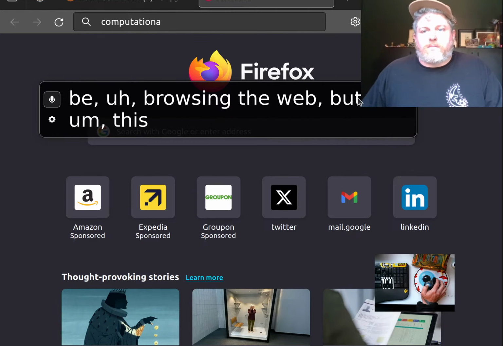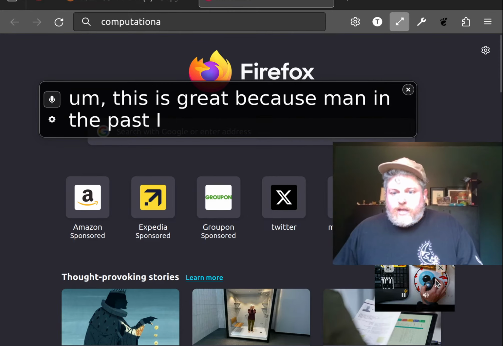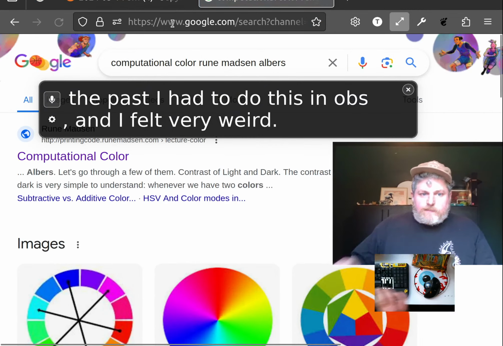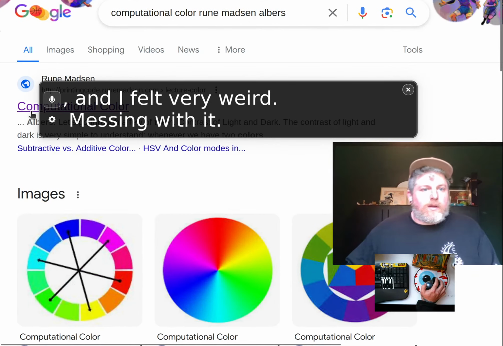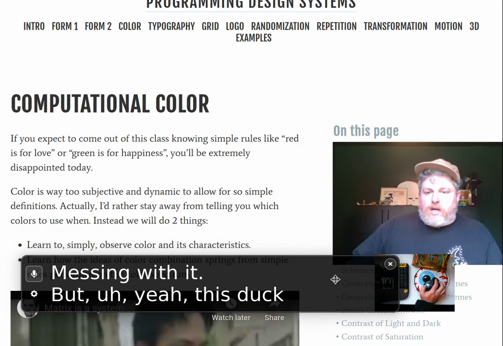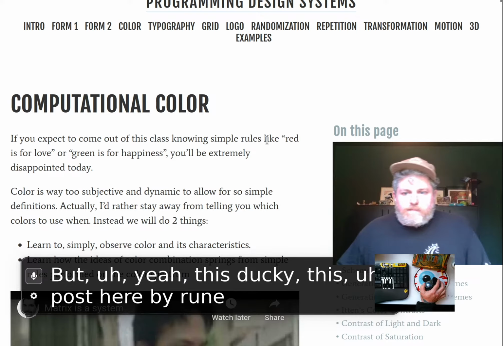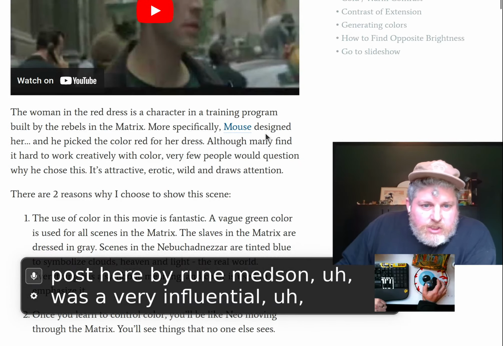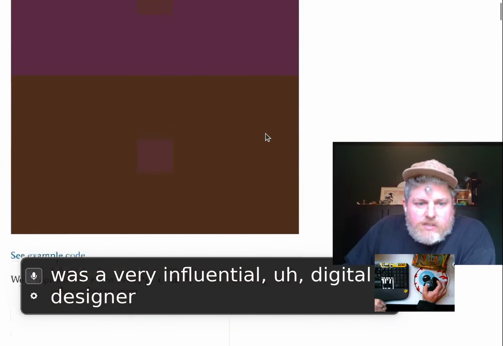But this is great because, in the past, I had to do this in OBS and I felt very weird messing with it. But yeah, this post here by Rune Madsen, who's a very influential digital designer, talks about